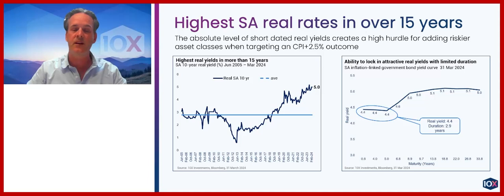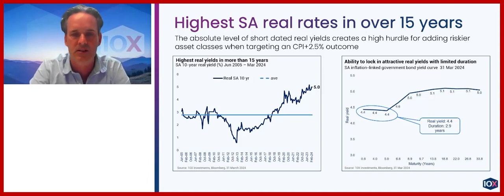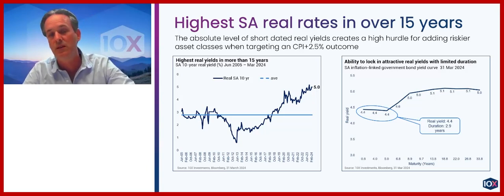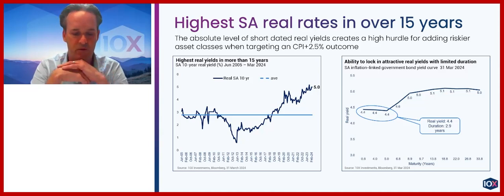That's why we have a pretty decent exposure to short-dated inflation-linked bonds. And you can see this is the point that Phil made earlier. Over that period of time, over the 10 years, that real yield has gone from below 1% to above 5%. So it's a very high bogey for any other fixed income instruments to hold relative to real yields. And this then goes on to the second point around our allocation.